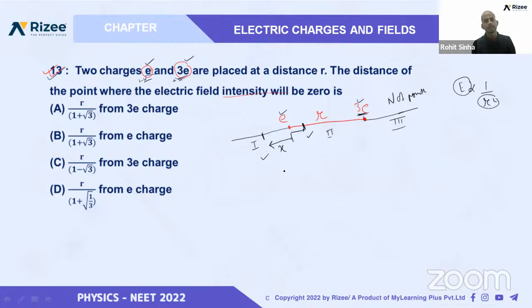This point be X. So from 3E, this will be at a distance of r plus x. Now, at this point, we have to write the electric field intensity for E. What will it be? kE by x square is equal to, for this point, this charge, we can write